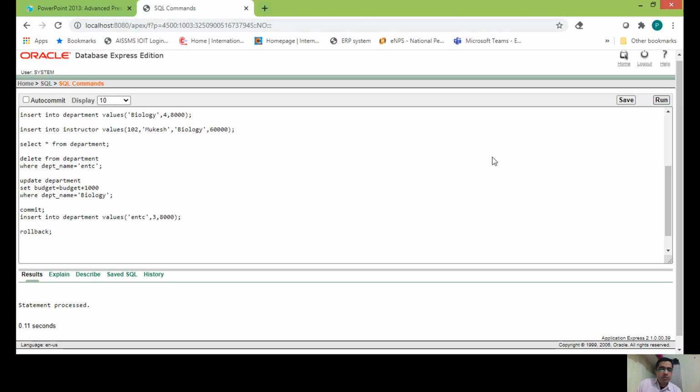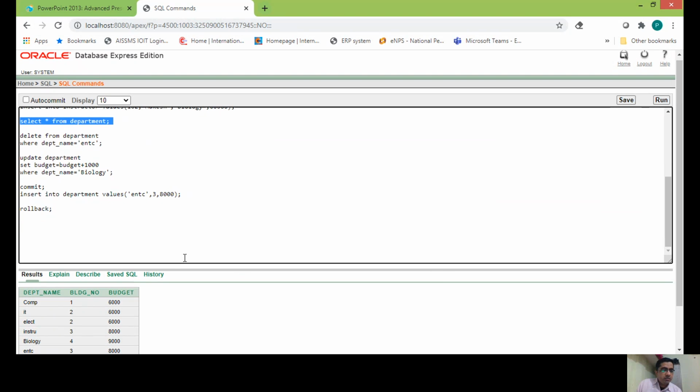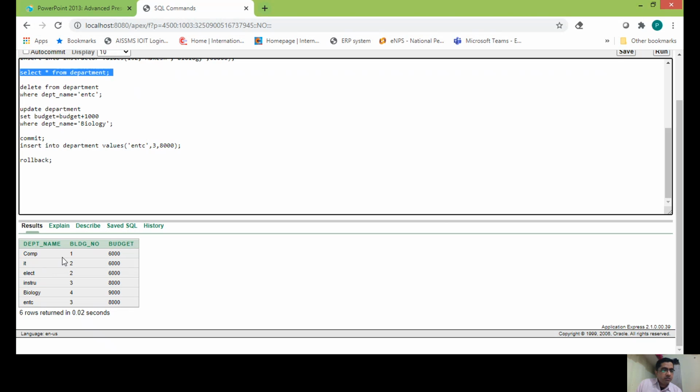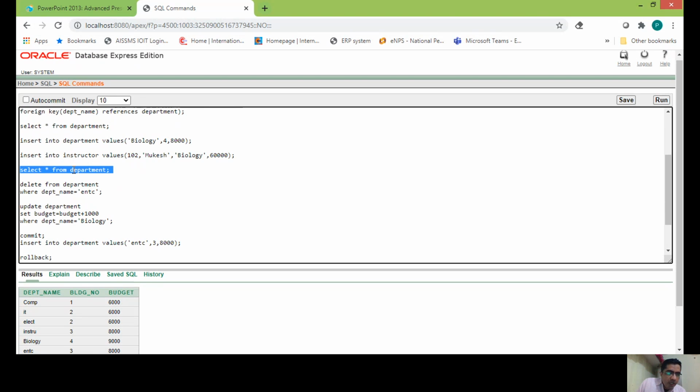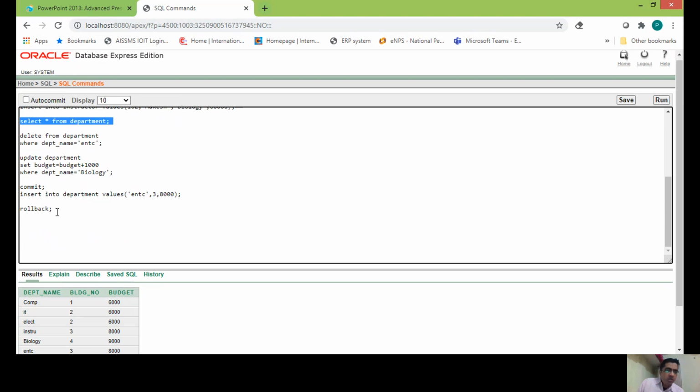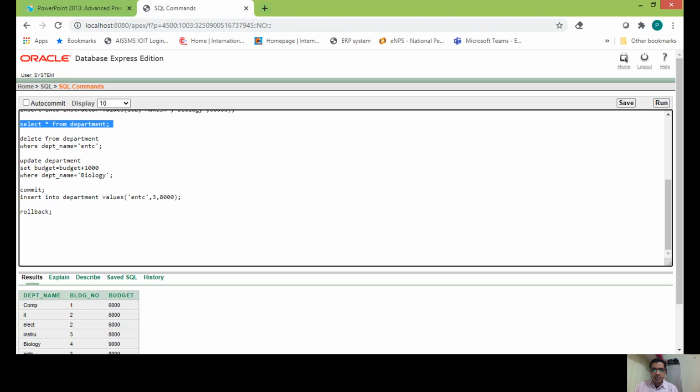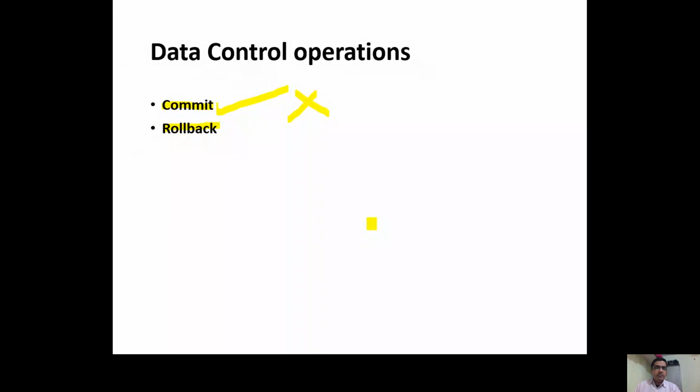And again, if I try to see the contents, you can see that basically in this GUI it is not affected. But commit is for making the changes permanent, and rollback is for undoing the changes, right? So let us move back to our presentation. So this is commit and rollback.